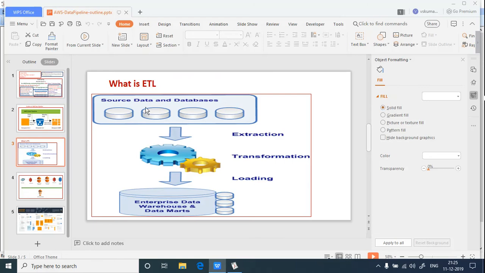So extraction happens from the source databases. These databases are related to particular applications like CRM, ERP, maybe many other applications also. Then it extracts and puts the data into staging. Then later on it applies data filtration by using the transformation formulas. Then later on it cleans up the data. It fine tunes that for the requirement. Then later on it loads into the enterprise data warehouse and data marts.